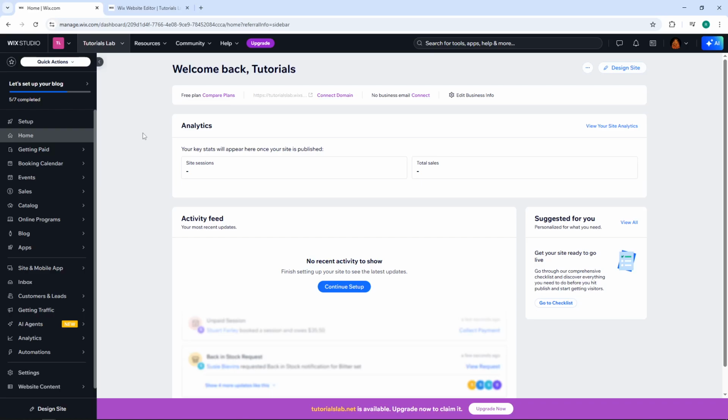Welcome back, everybody. Today, I'm going to teach you how to animate a hover box in Wix. This feature is perfect for making your website more interactive and visually engaging, helping you capture your visitors' attention with